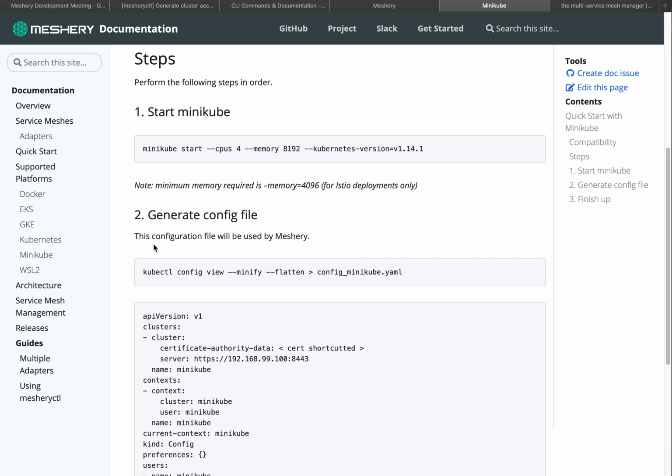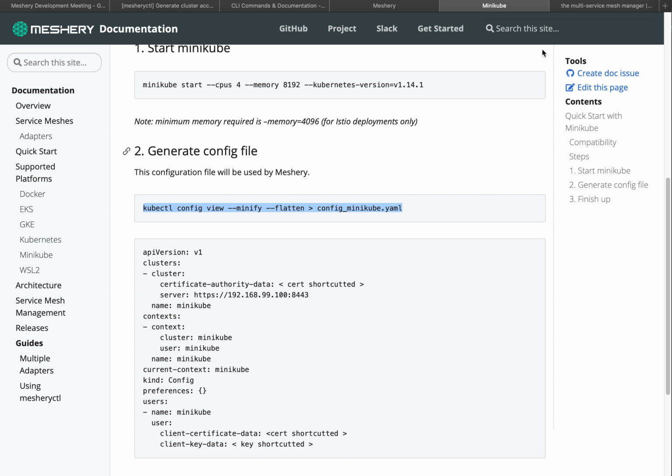And then the second step here is that this configuration file will be used by Meshery. So we need to export, minify, and flatten basically our kube config into such a format that mesheryctl can read it. And I actually don't know that this is going to work and fix my issue, but let's try it. So if I go back to the terminal,